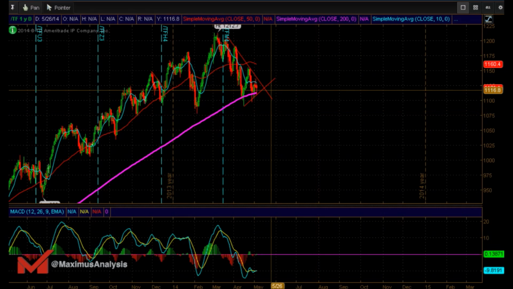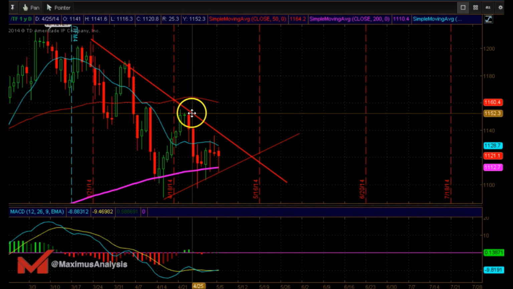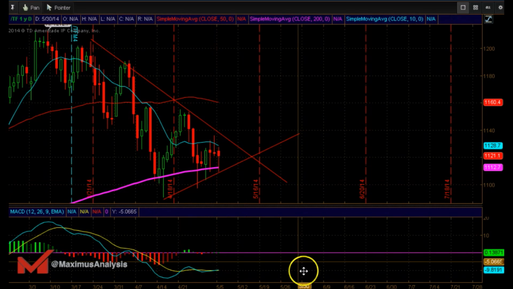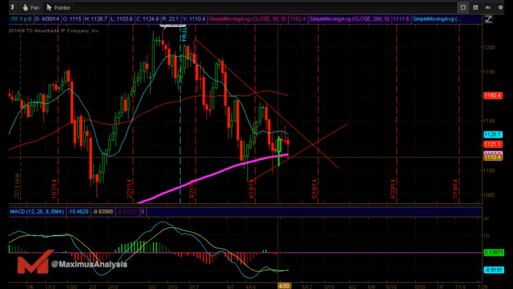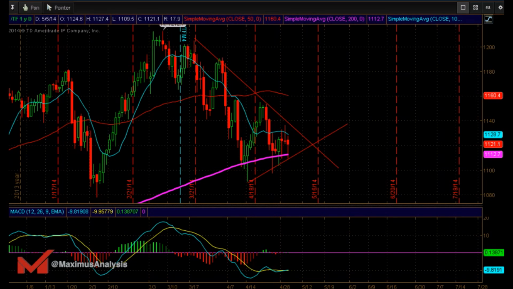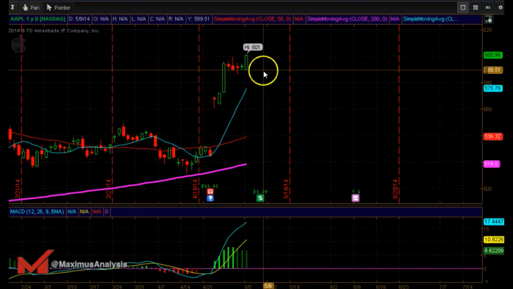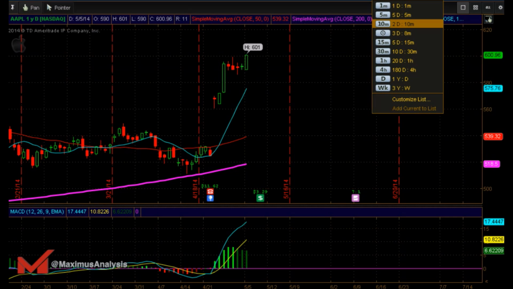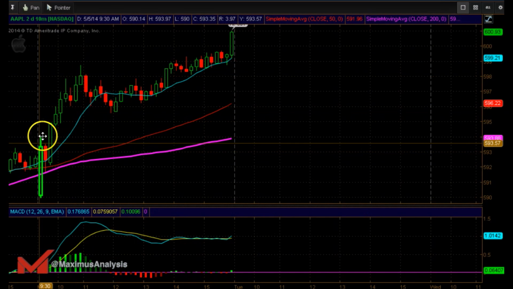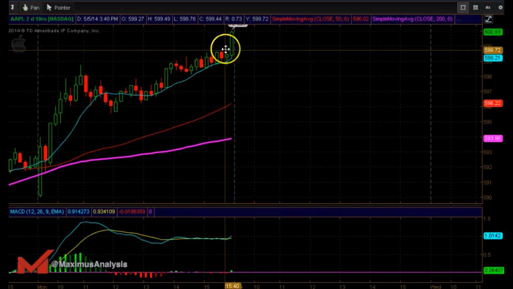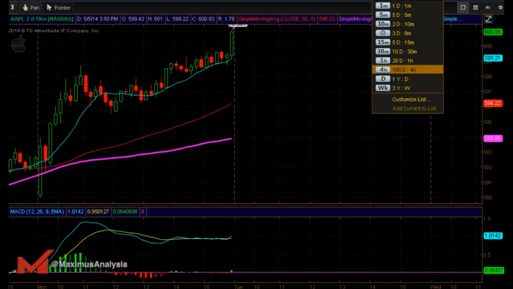The Russell, you can see we have almost like higher lows and lower highs, so we have to see how this one really pans out. Testing the 200 five times. Apple closed high today, breaking that 600 level, a huge psychological level, and went into the close breaking it. So you can see that from here. It definitely continued and just ground higher, but then closed up strong, which is a great sign for that name.